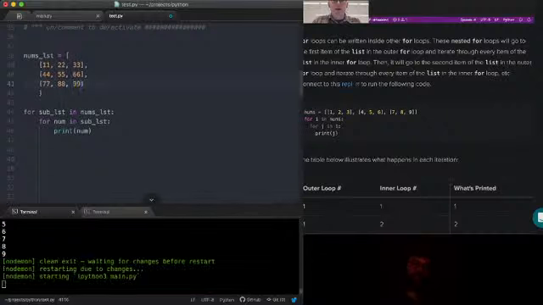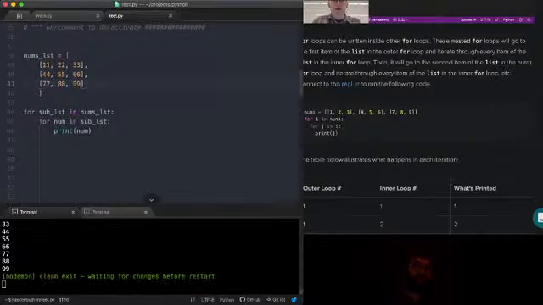It's probably clear that we're not printing the index to most of you, but just to be absolutely clear here, you know. So we've got 11, 22, 33, 44, 55, 66, 77, 88, 99. So you can see, hopefully you can see from this, that this is a way we can loop through every element in the nested lists.